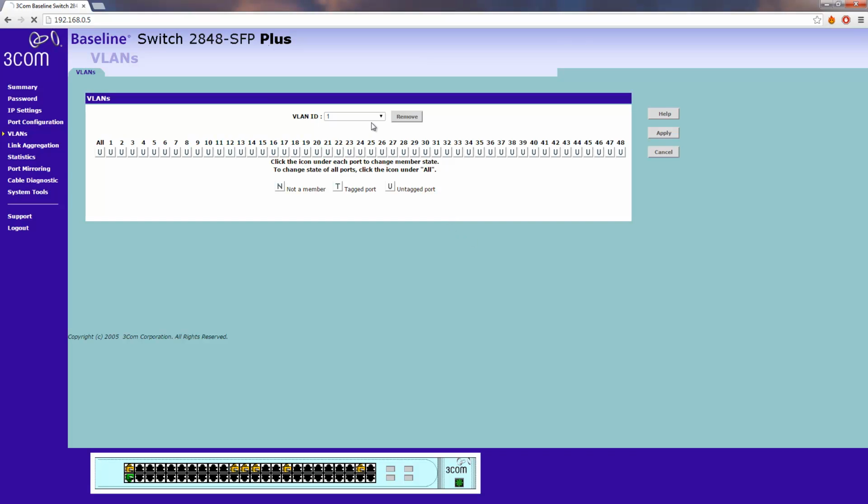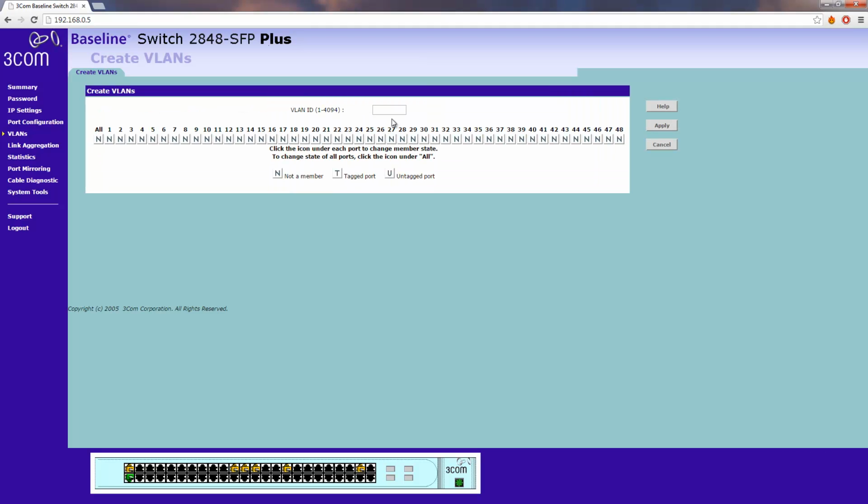So to add a new VLAN, all we have to do is click this drop down box and click create new VLAN. We can then add a number, so I'm going to go for 2, and then here we can select any ports if we want to. I would leave it as not a member to start off with. But there is of course this button here which will select them all,